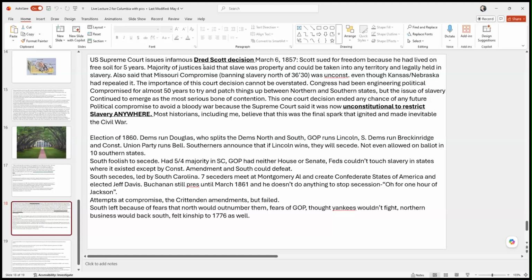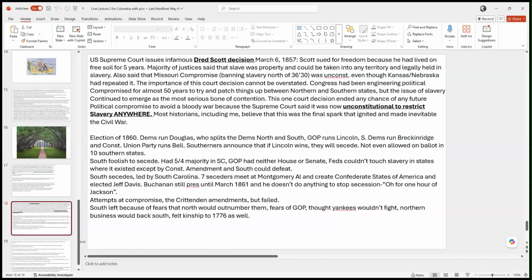Then you get the federal presidential election of 1860, and it's kind of a mess. There are a number of candidates. One of them is Abraham Lincoln, who is not advocating the abolition of slavery, but he is advocating not letting it expand any further at this point in his career. And all the southern states say that if Lincoln wins, they will leave the Union. So, in fact, Lincoln does win, and all these southern states begin the process of passing what are called Articles of Secession, and they begin to leave the Union.